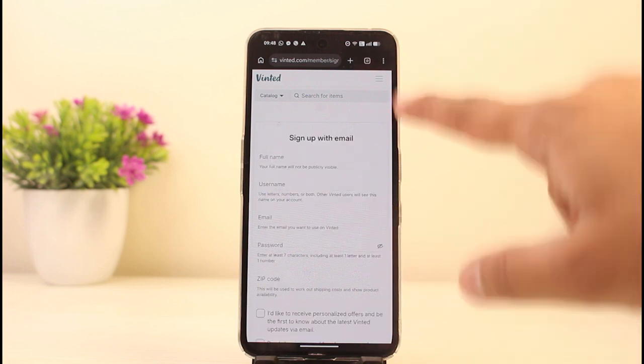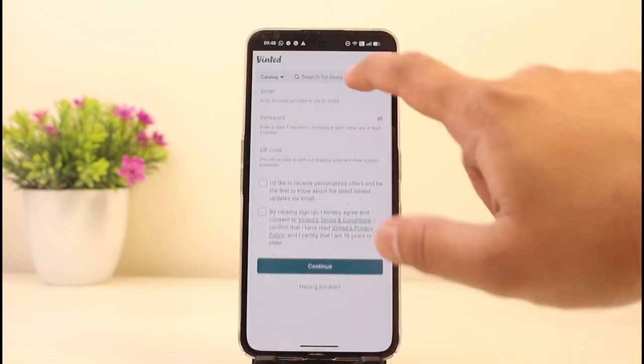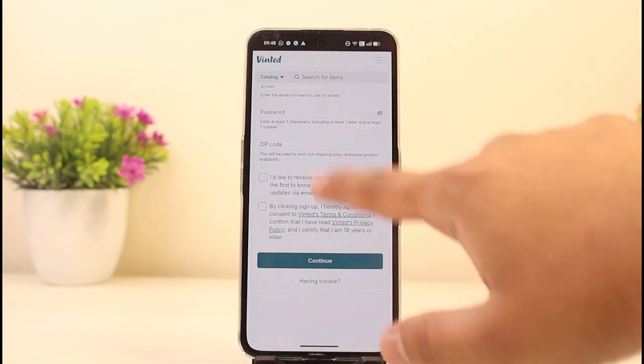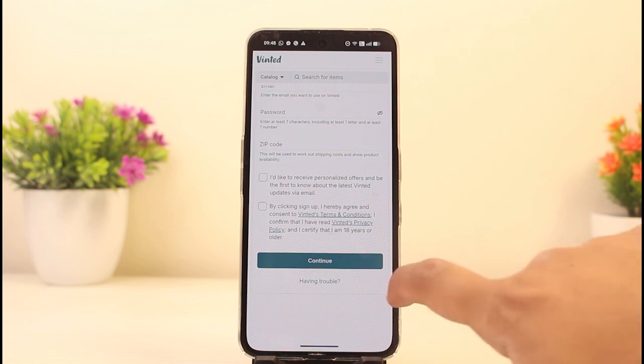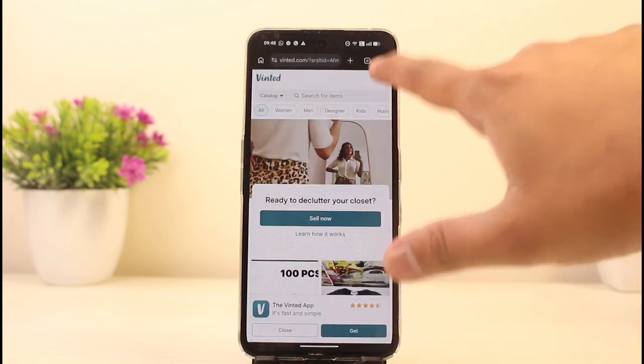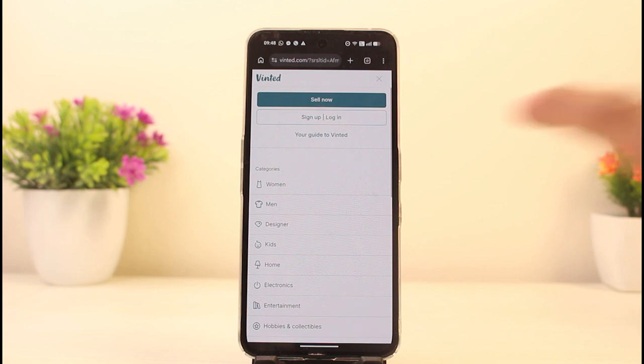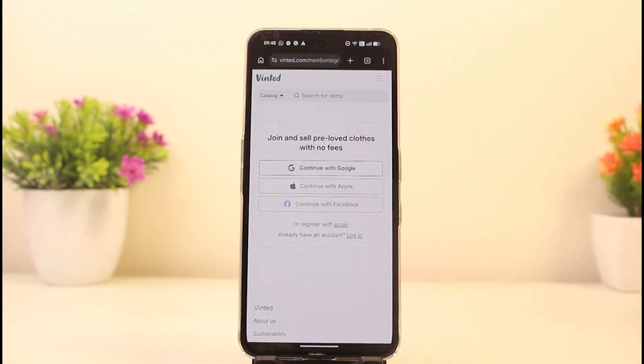Here you must enter your full name, your username, your email, your password along with your zip code. Agree to these and then hit continue. After this, you may have to enter an OTP sent to your email to confirm your email, and then you can head back over to the top right of your screen and then hit sign up or login and then